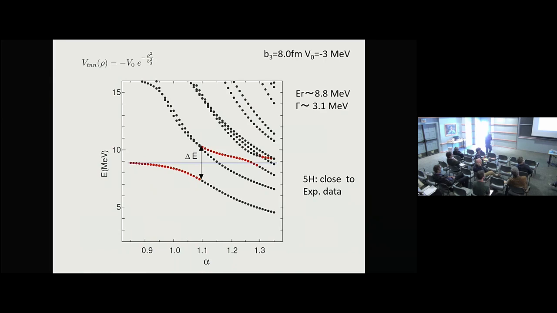But we have a problem. Even if we try to use this real scaling method, for the narrower case we could get a result like this. However, if this energy is a broader case, I couldn't do that. Very fortunately, we could have this avoiding crossing, so just accidentally, we could estimate this decay width.